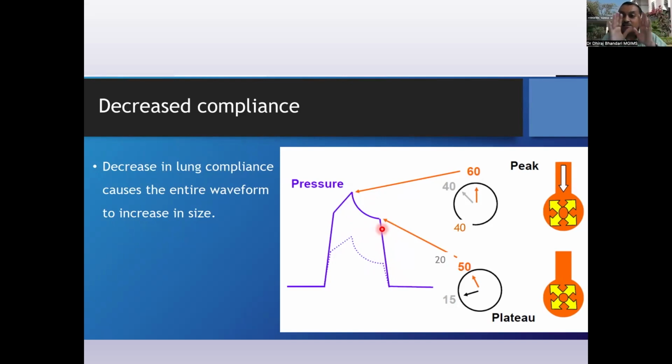Now again, this is identification. Why your compliance can go down, there can be a number of reasons. Your alveoli are flooded with fluids, ARDS, pulmonary edema, there is interstitial fibrosis, whatever be the reason, isn't it? So you need to identify the difference between a static part, that is plateau pressure, and the dynamic part,